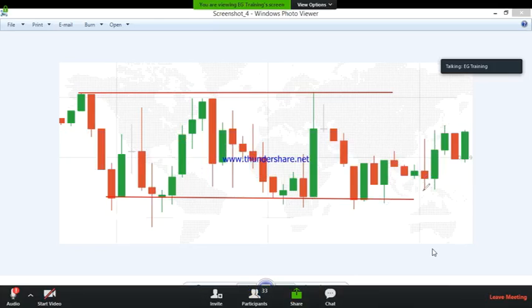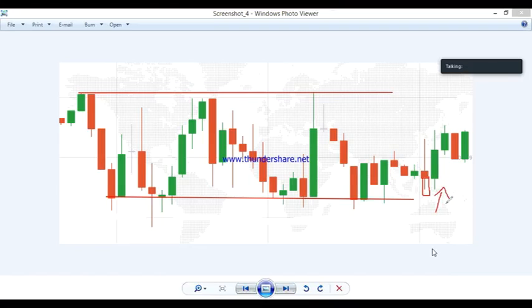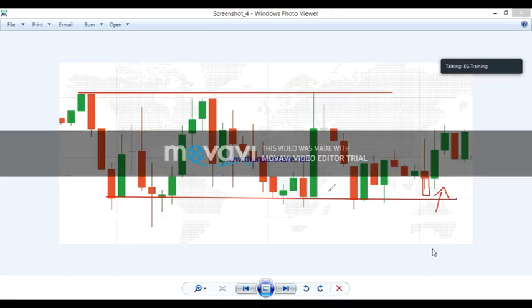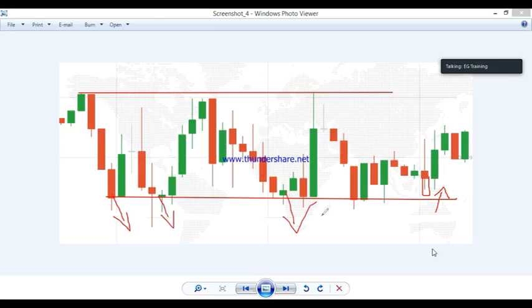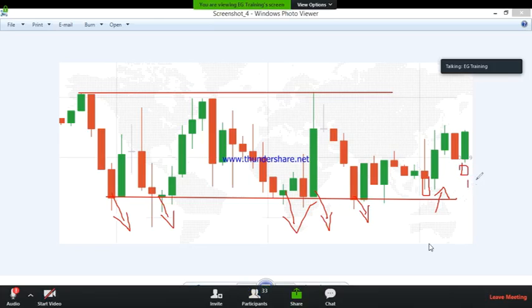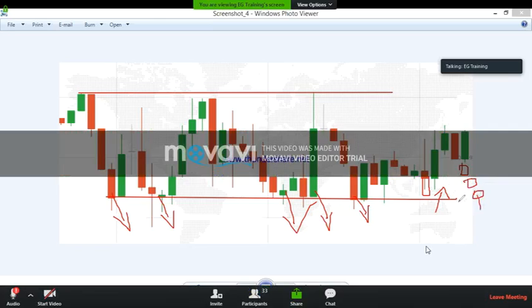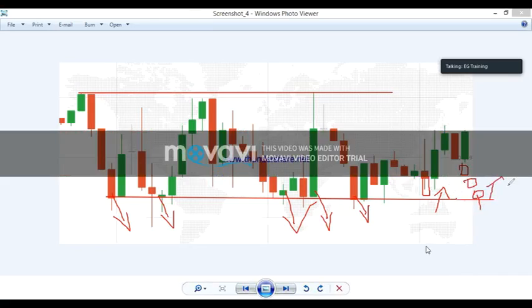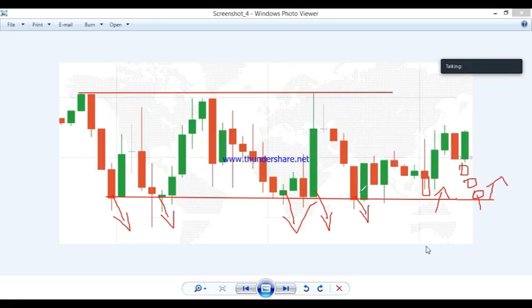Whenever the market closed here like this, then you can easily place a higher option without any doubt, because you know the market is respecting this level. This is a strong reversal point, a strong support level. If the candle closed here like this, then you will place higher option directly by observing this level, because this is a very strong support level.